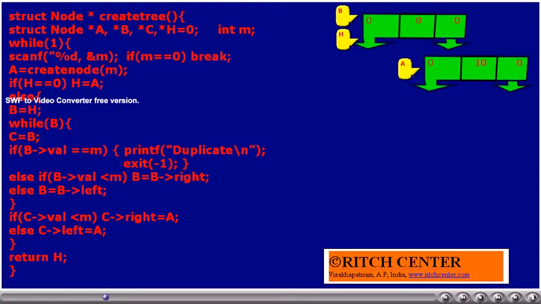Thus, b value becomes 0. Currently, b's right is 0. Thus, when the control comes to the next iteration, b will be pointing to 0, thus we will come out from the while loop. However, if we verify at this junction, c is pointing to the root node, and b is 0. Thus we come out from the while loop.